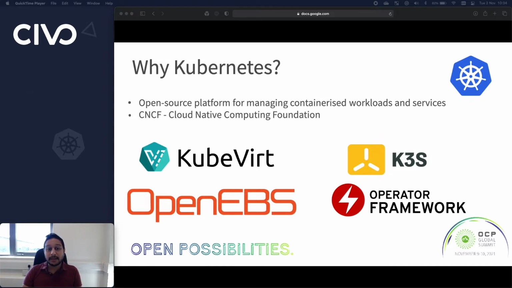K3s is a stripped down version of Kubernetes that allows us to really rapidly deploy Kubernetes clusters to our customers. So within about 90 seconds, you can get a cluster up and running. OpenEBS is a storage provider that we use under the hood, and we also use a thing called Operator Framework